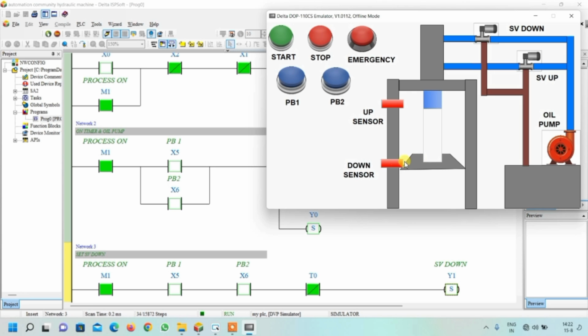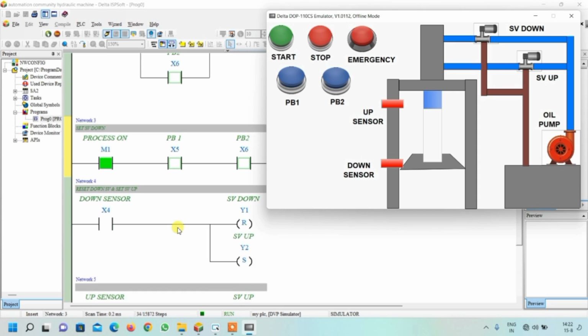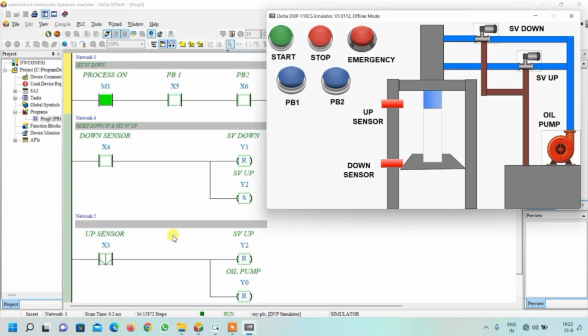You can observe this, it came lower. After that, it energized this sensor. First it energized this sensor, it remained on, then it energized this sensor. So at that time what happens, we will understand through these two networks. When the cylinder reaches the full value, this down sensor will be activated. So this down sensor activated, so that resets the down valve and the up valve is activated. So I will repeat this process. You can see the down valve is closed and the up valve is activated, and when there is the falling edge here,